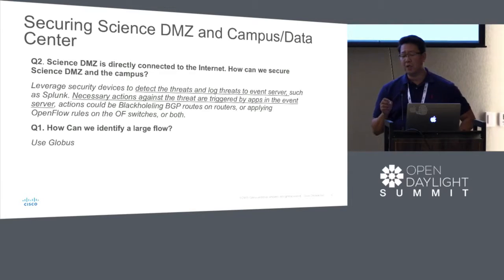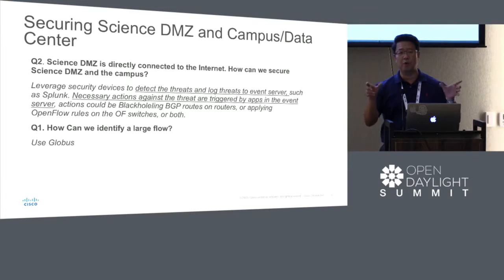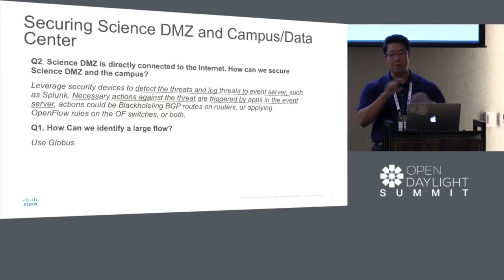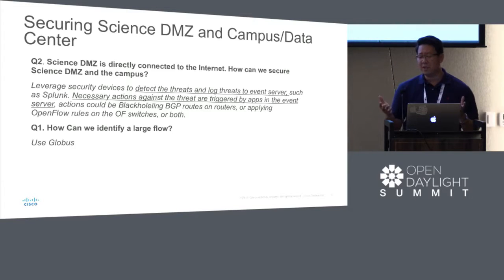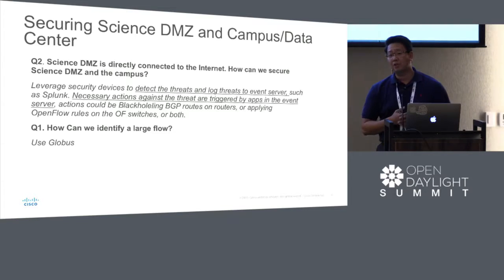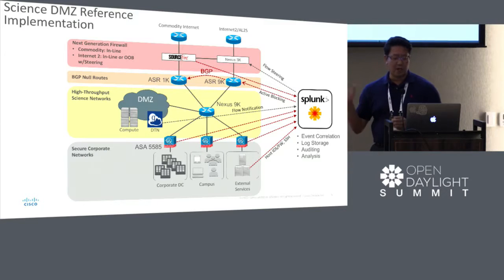Globus is a tool that researchers use, and once you log into Globus, the trusted endpoints are shown. So when researchers transfer a file, it will set up the GridFTP and automate the GridFTP setup, and then you could actually do large data flows. So using Globus, what we did was, this is kind of a busy diagram, but in a nutshell,